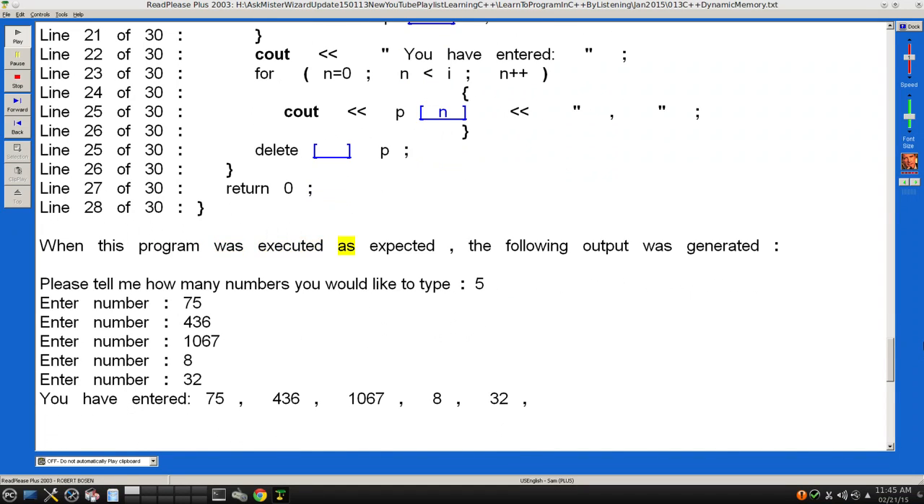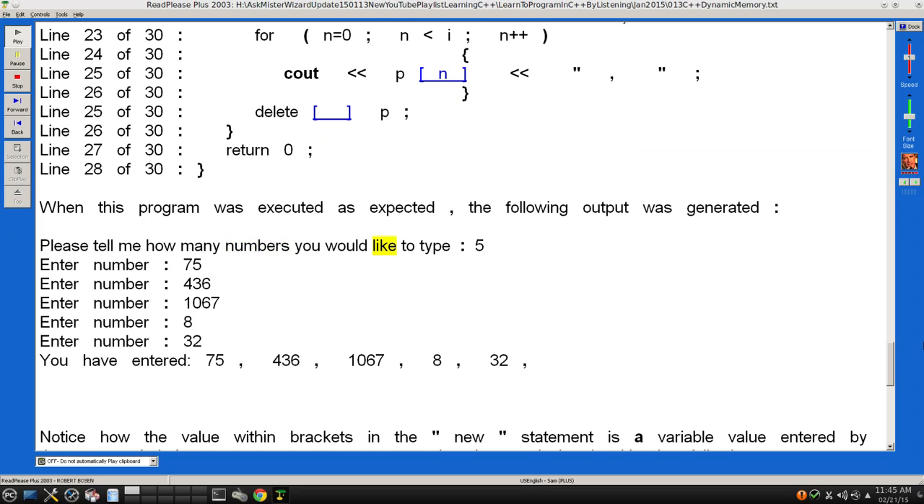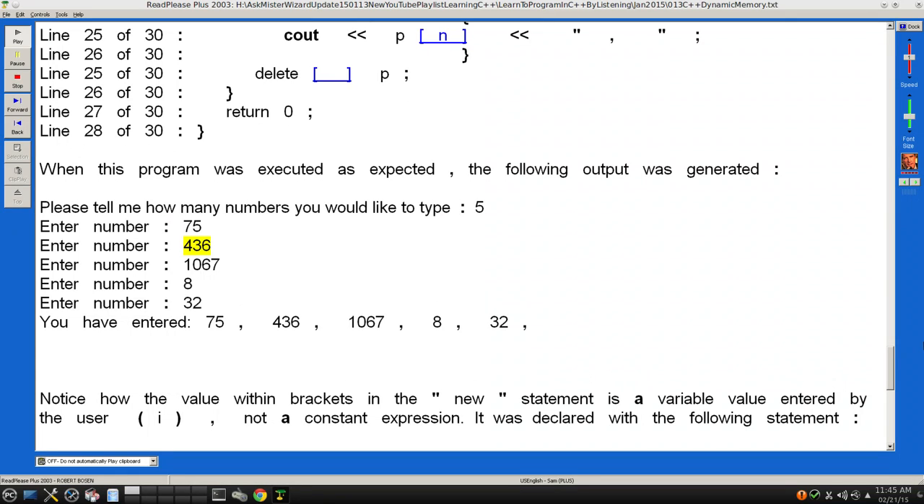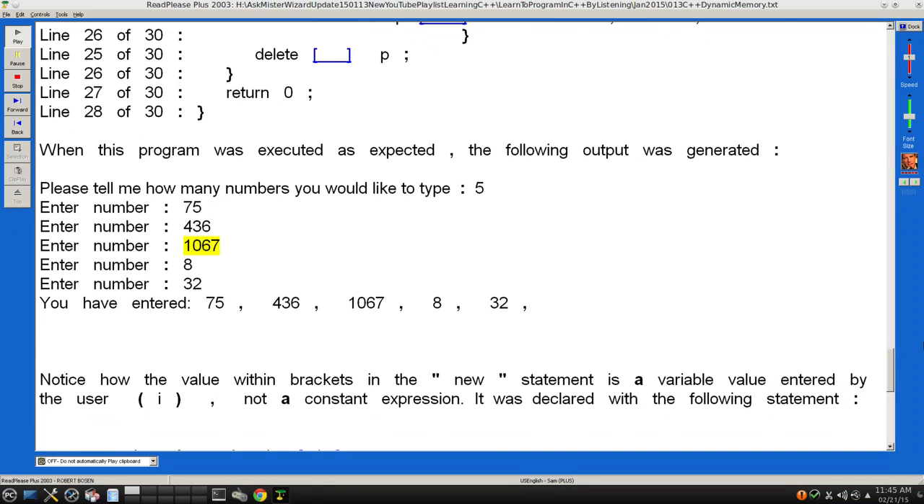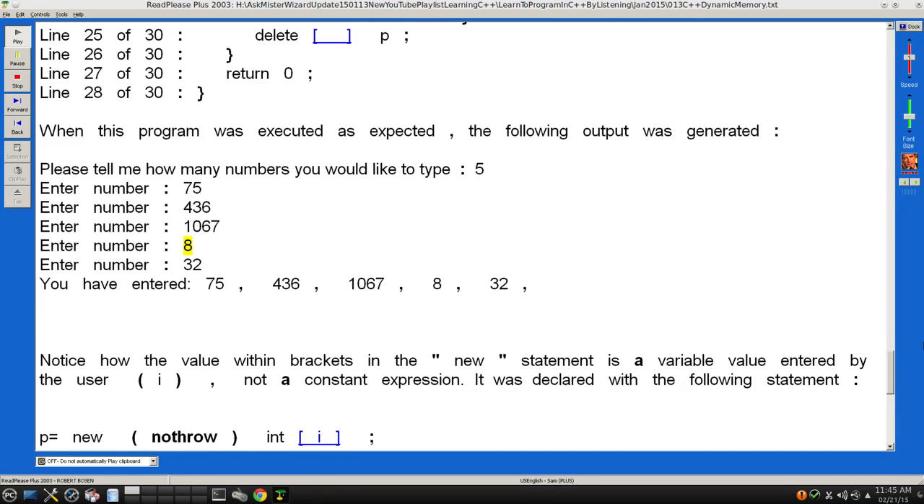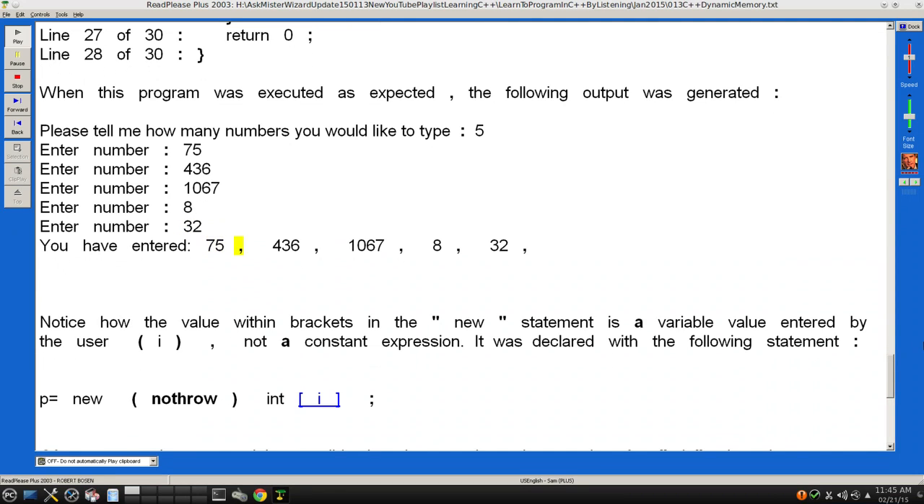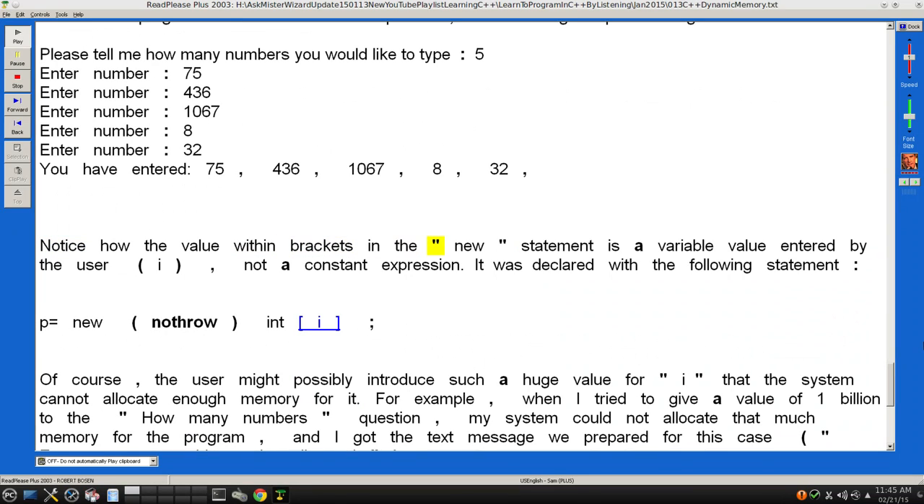When this program was executed, as expected, the following output was generated: Please tell me how many numbers you would like to type: 5. Enter number: 75. Enter number: 436. Enter number: 1067. Enter number: 8. Enter number: 32. You have entered 75, 436, 1067, 8, 32,